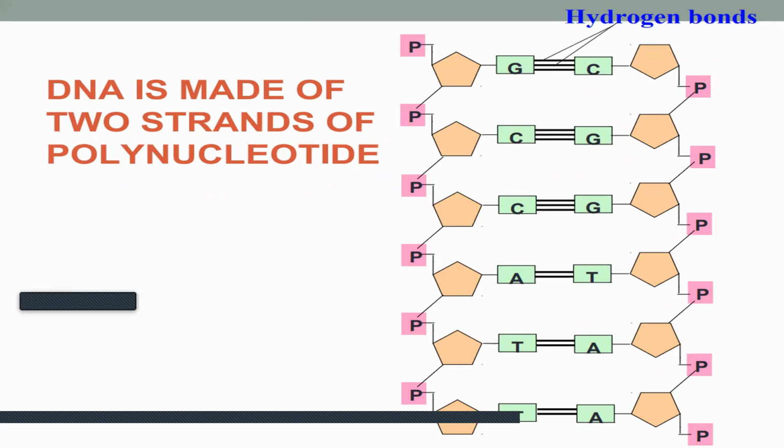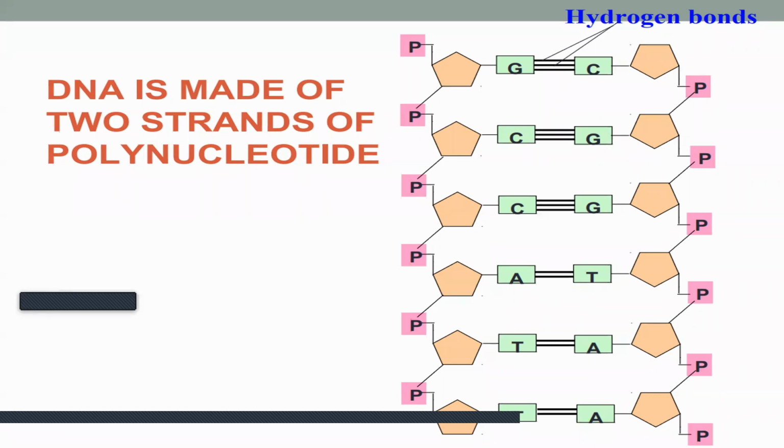Okay, and when they attach you will get the DNA. And how they attach: some of them will have double bonds, like between adenine and thymine you will have a double bond. In between cytosine and guanine you will have a triple bond. Which bonds are these? These are hydrogen bonds. So why are we emphasizing the bonds? Because you can get a question about the bond